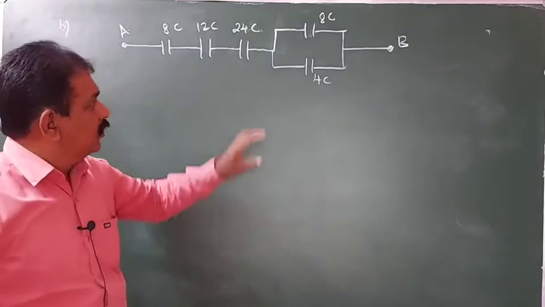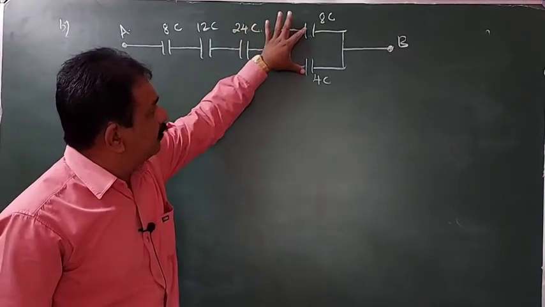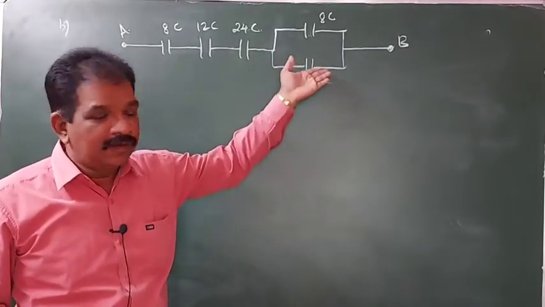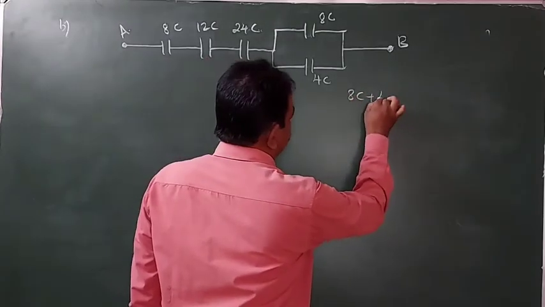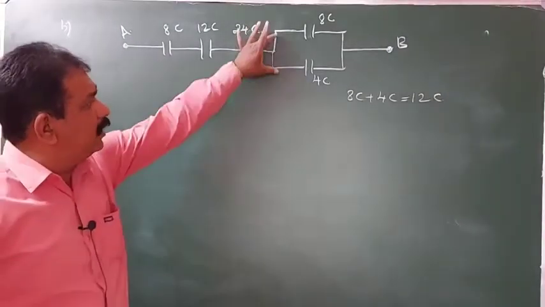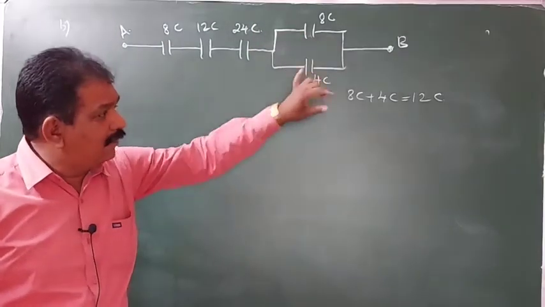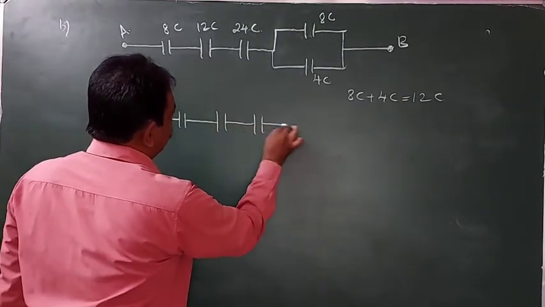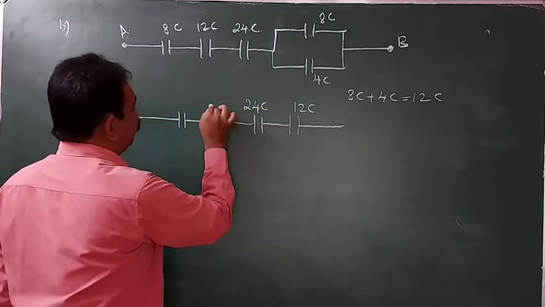That is the question. You observe these two, how these two are there. Here charge is divided. Those two charges are mixed here. So these two will be in parallel. In parallel, what will happen? Effective will be 8C plus 4C. This value is equal to 12C. So by removing these two capacitors, we can place a single capacitor having capacity 12C. So what will happen? You write the remaining 3 as it is. Here you write 12C. This will be 24C.